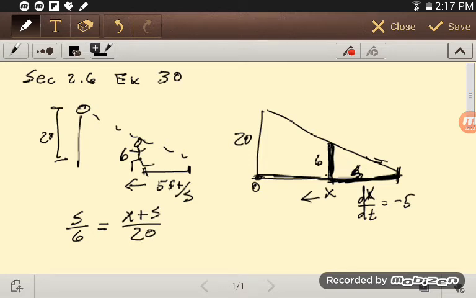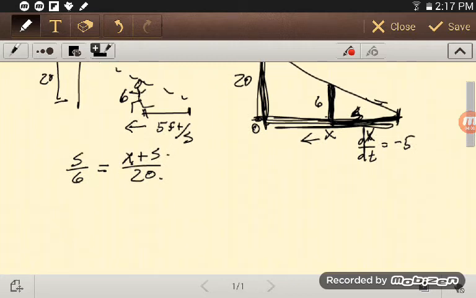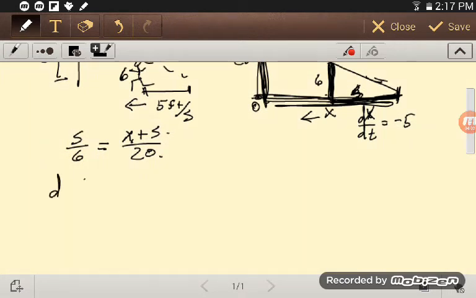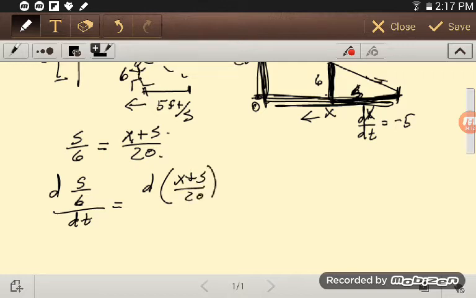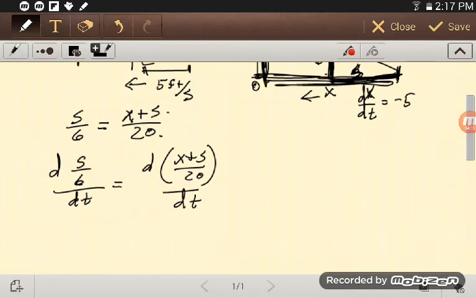Okay, so I'm looking at the biggest triangle and its height and width. Its width is x plus s over 20, but that's got to be the same ratio as the smaller triangle that has a width of s and a height of 6. And so that's our relationship between where we are, x, and our shadow length. And so I should be able to take derivatives now of each side. Derivative of that with respect to t is equal to the derivative of x plus s over 20 with respect to t. And so